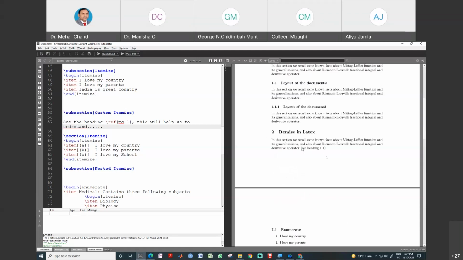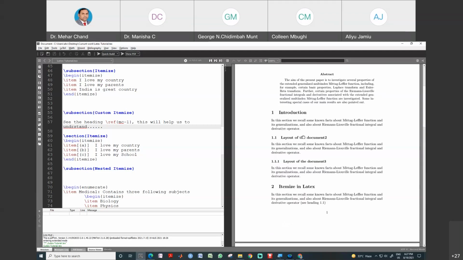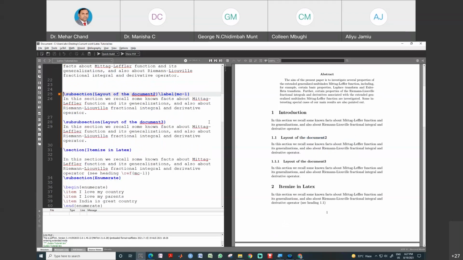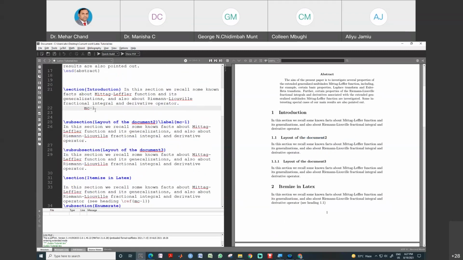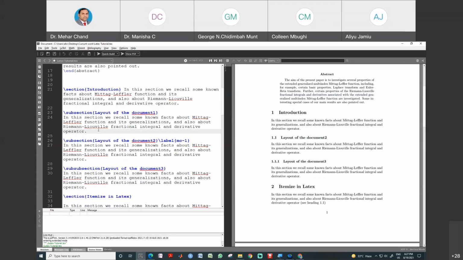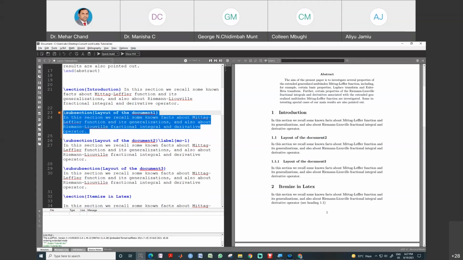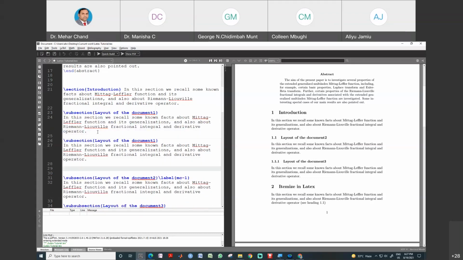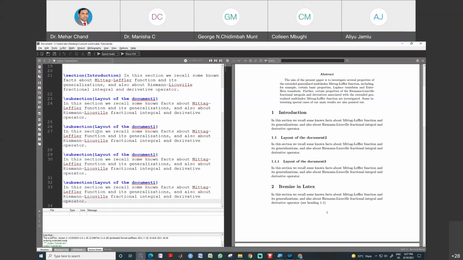And once again, this is 1.1. I am inserting here. Sorry, Control Z. I am copying from this place, and this is the second heading. This is the third heading. This is the fourth heading. This is the fifth heading, and